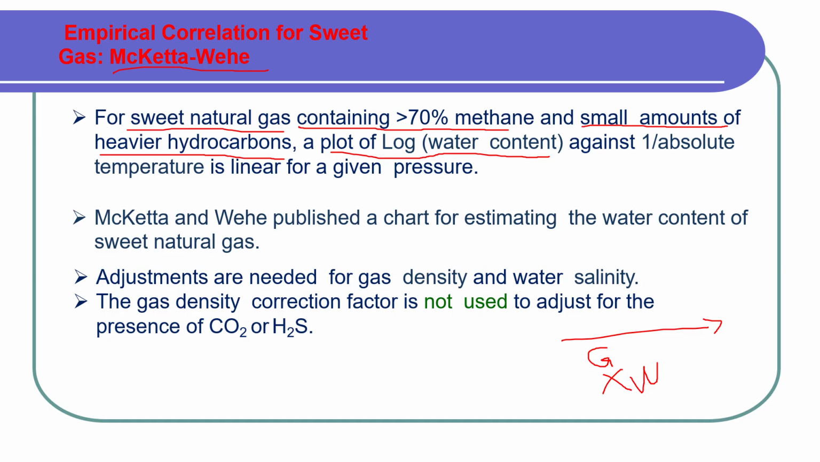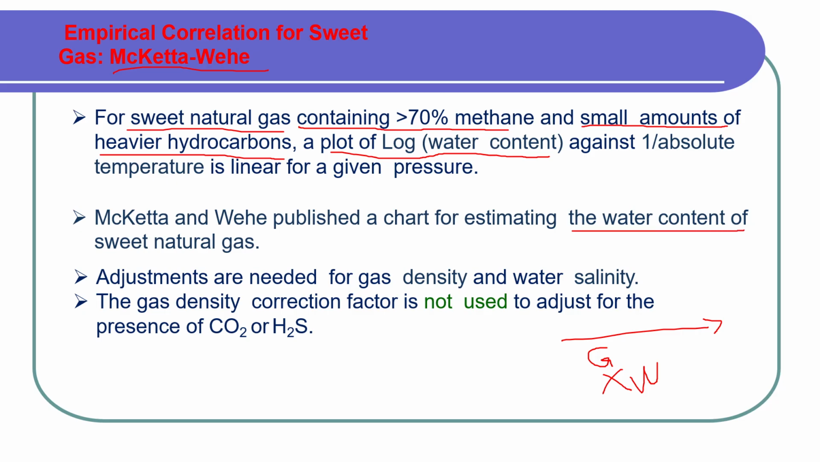So there are 3 requirements for this empirical correlation: you must have a sweet gas, not sour gas, which means you have a very small quantity of H2S and CO2; you have more than 70% of methane; and the third one, you have a very small quantity of heavy hydrocarbons. Then if you plot the logarithm of water content against 1 over the absolute temperature, for a specific pressure, you will get a linear line. This is something that Makita and Wehe later published as a chart in order to estimate the water content